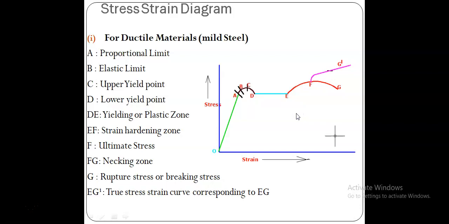Yes, next let us see the stress strain diagram. So this diagram is plotted by doing the tension test on mild steel with the use of UTM. Normally it is done in the strength of materials laboratory with the use of UTM, universal testing machine. So first let us see it for ductile material. For that we took the mild steel, fixed it in the UTM, and we have done the tensile test on mild steel in the strength of materials laboratory.